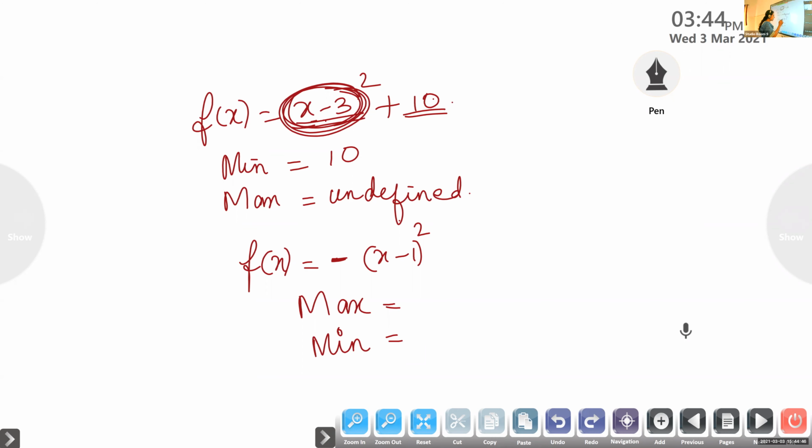Look here. The question is minus of (x - 1)^2, isn't it? Now take the function (x - 1)^2. For the time being, don't take the negative sign. For this function, whether you will get a maximum or a minimum? If you put x is 0, what is the value you will get?